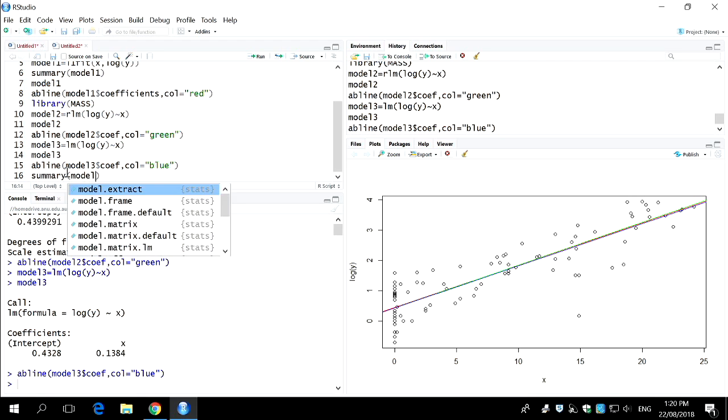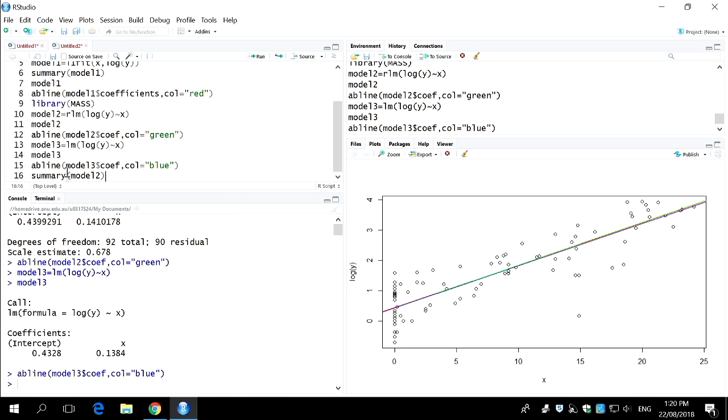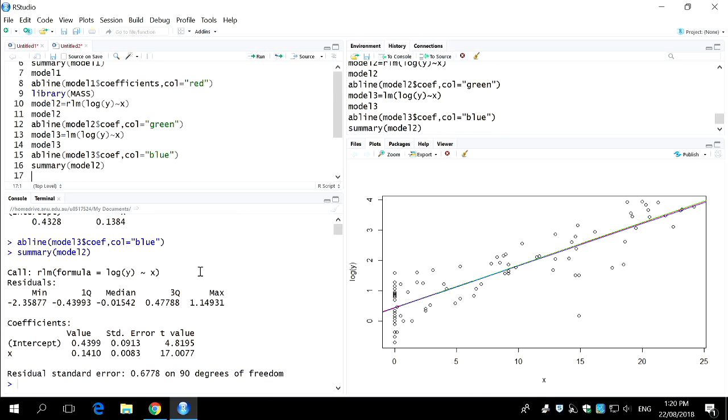Now, I can also, with both RLM and LM, get a model summary. If I type summary of model 2, this is the RLM fit, I get this. And you can see with RLM, I get standard errors. This is again because in the middle where this thing looks like least squares, it's nice and smooth, so standard errors are relatively easy to calculate. Not trivial, but relatively easy, so it does that. And again, I get t-values here, okay? I also get an estimate of the residual standard error. And I can also do a summary of model 3, and